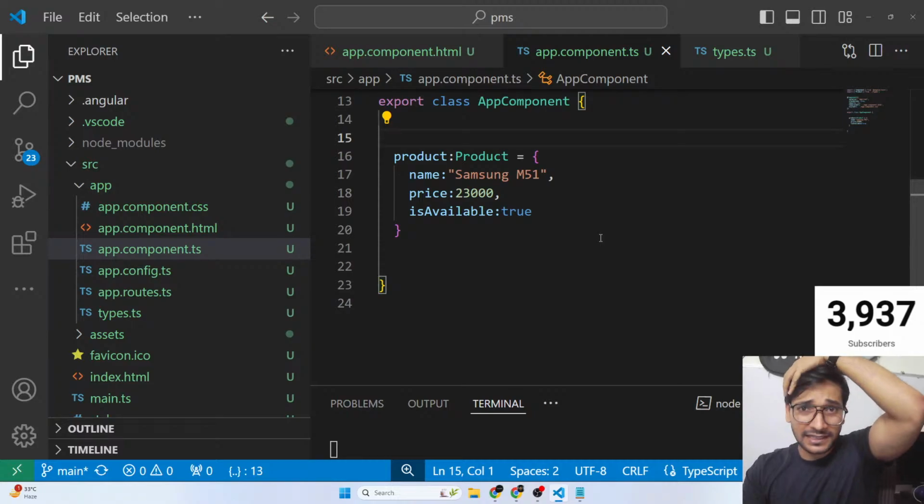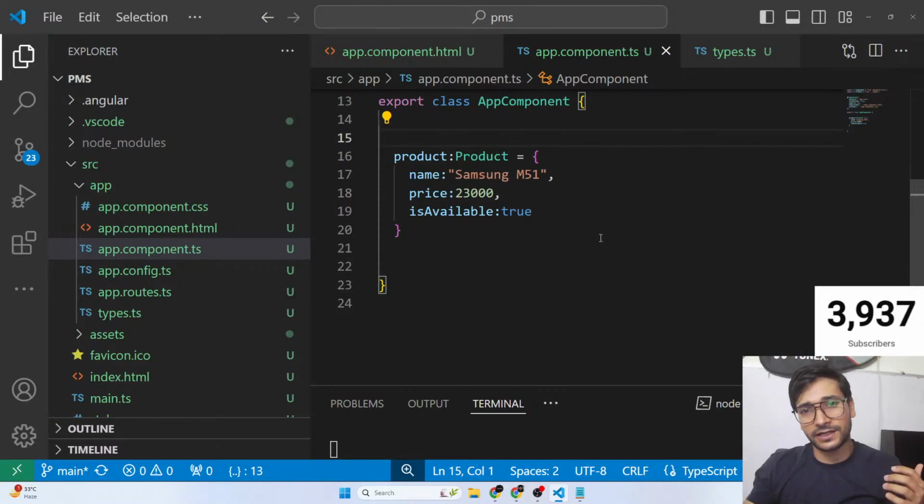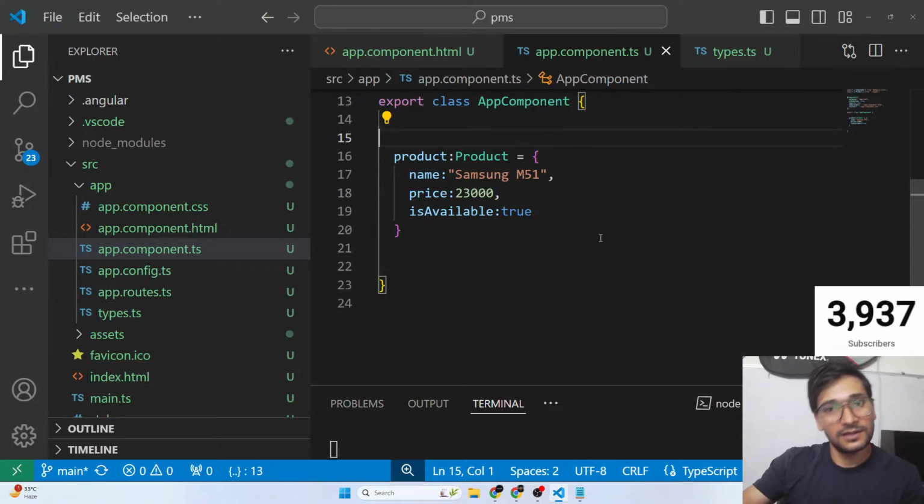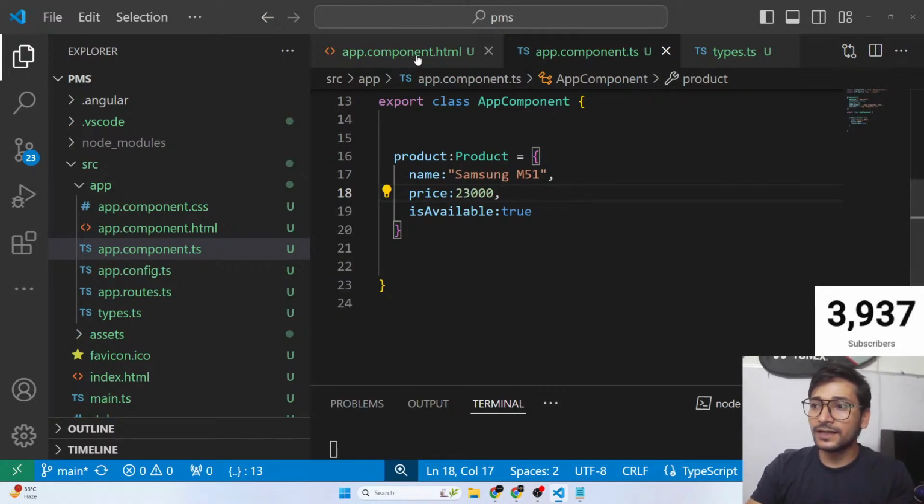The reason right now it's not important. We can directly do it in the project. But the only reason I'm doing it here is so that from scratch we can start following good practices. It doesn't take time. But once we make a big application and then try to create types, it will always take time. So good practices will start from scratch, from basics only. Okay, so now we have the product. Now let's try to display it.